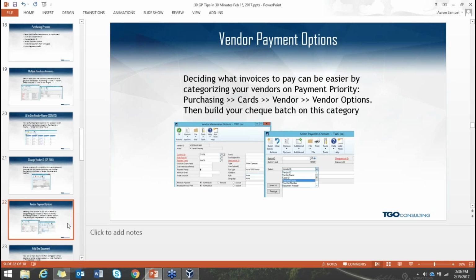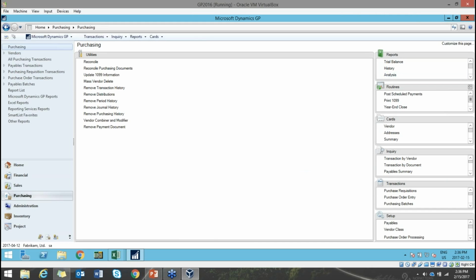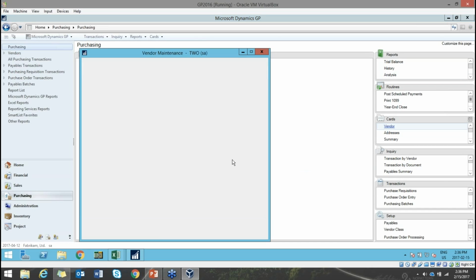Vendor payment options. Creating a check run can sometimes be a tedious process, deciding which vendors actually get paid and in which priority. A little known setting that can help aid you in this process is the vendor payment priority. So when you're setting up a vendor ID,